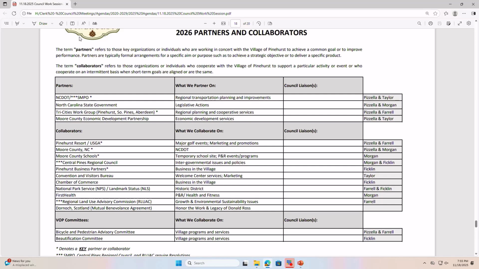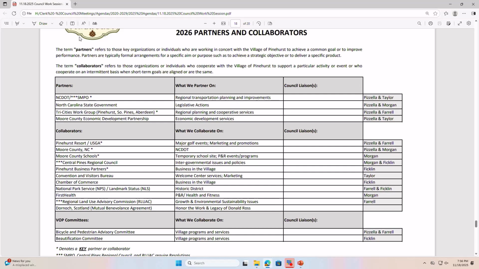Moore County NCDOT, we've talked in the past about designating John Taylor and someone to work with him on this as we continue our talks with NCDOT, particularly on the traffic circle. And I think the conclusion is that Jeremy Hooper would be the best person to join John on that, and I would step back on the Moore County Schools, PR events and programs primarily. That would be Kevin Fitzpatrick.